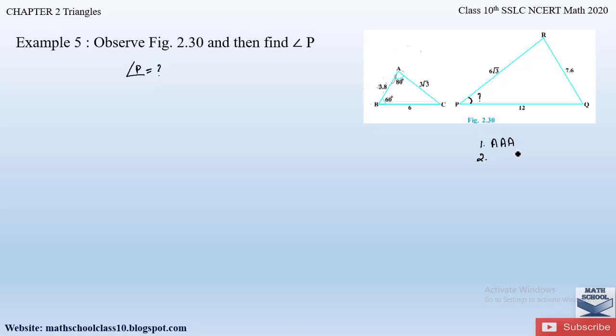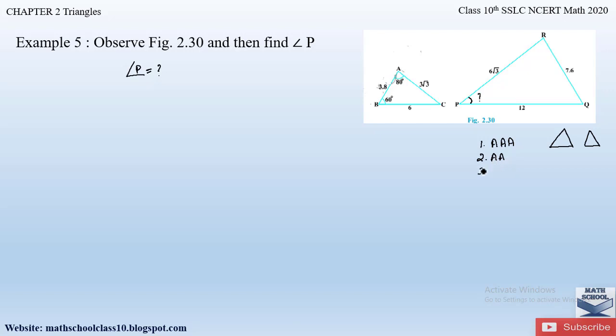criteria. Second one is, for given two triangles, to prove them to be similar, the three angles of these two triangles, if they are equal, then angle criteria will be applied. And also similarly, if two angles are equal, then we can say that the two triangles are similar. This property I didn't explain in my previous video, so please include this criteria also, that if any two angles are equal, then the two triangles are said to be similar.